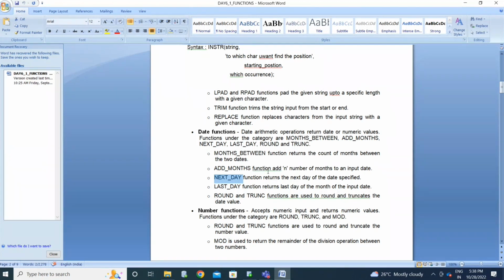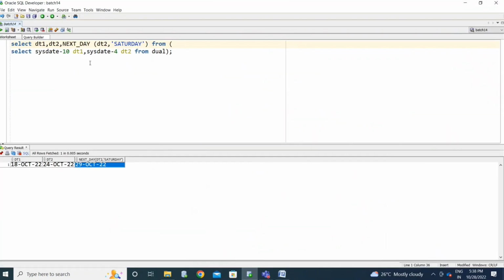Last day. See, the last day function will give the last day of the month. If you provide any date, it gives the last day of the month of that particular date. You don't need to provide any other arguments, because it expects only the date value. If you pass 24th October, it displays 31st October.